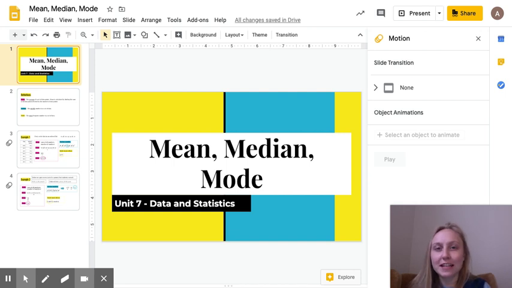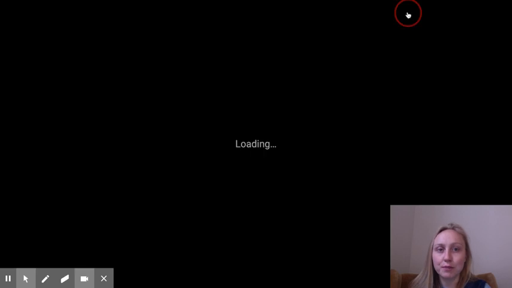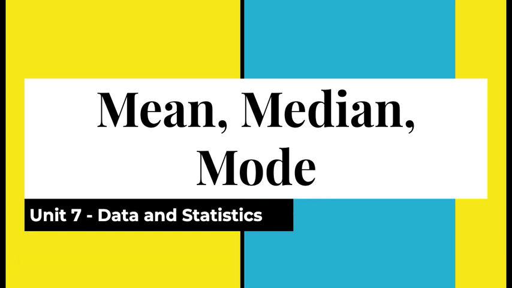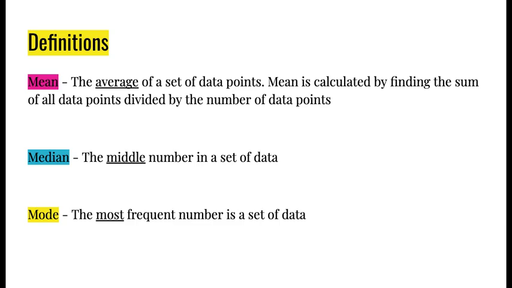Please follow along to this PowerPoint about 3 new vocabulary words: mean, median, and mode. So mean, median, and mode are all ways that we can measure the sort of center of a data point, thinking about what's a typical number, right? What's the average of a data set? Each of these words has its own definition, and we're going to be learning these and seeing examples of them